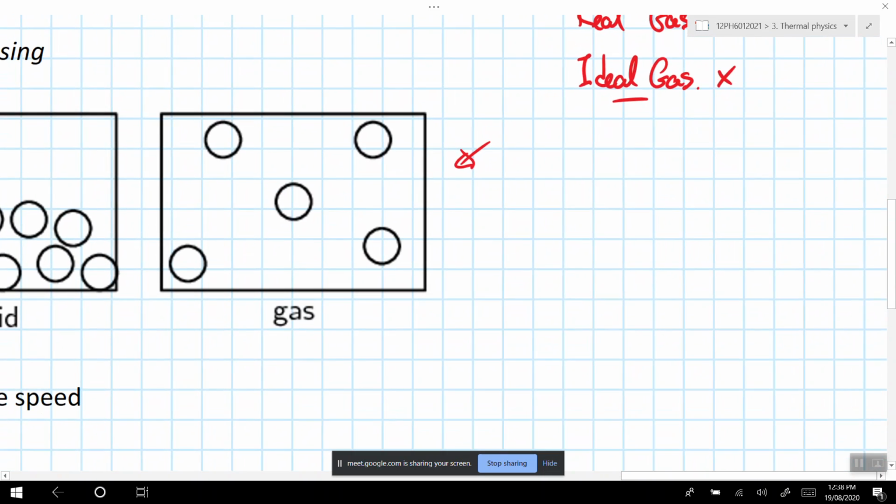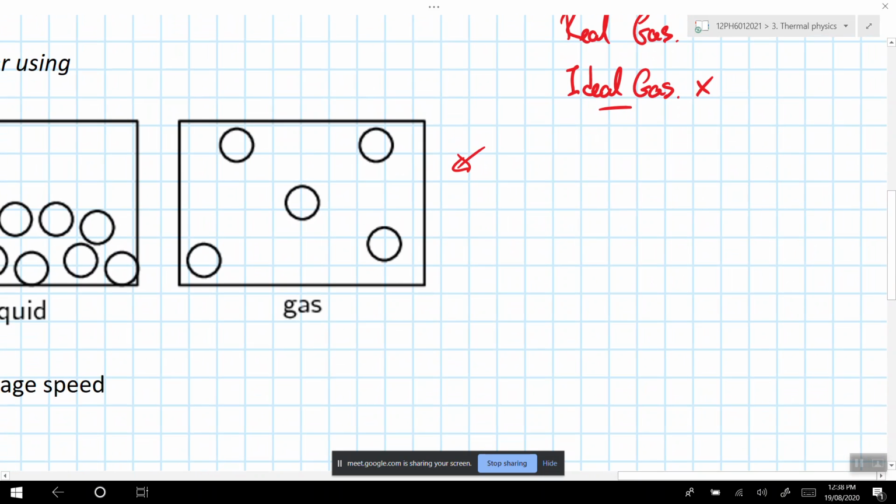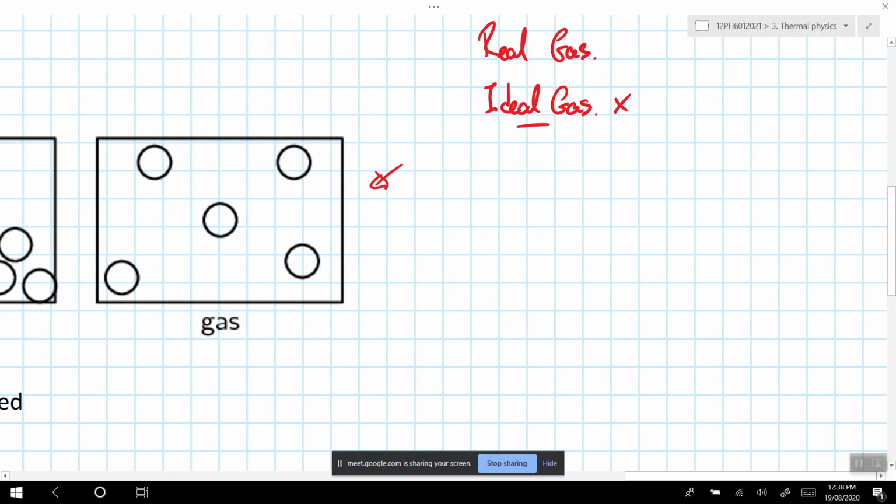Okay, so for a gas or a liquid or a solid, as I said, just talking about gases for the time being, each of these particles is going to be moving with a certain amount of kinetic energy just due to its mass and its velocity. They won't all have the same kinetic energy because they'll be bouncing off each other and sometimes they'll be going a little bit faster and a little bit slower. But the average kinetic energy,